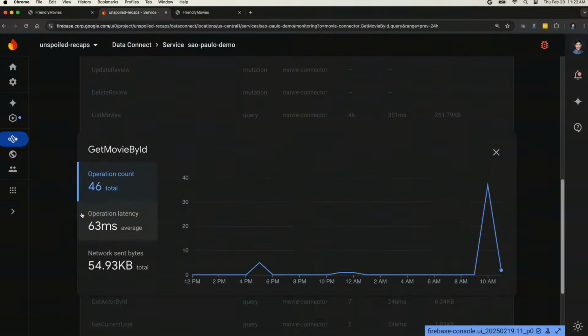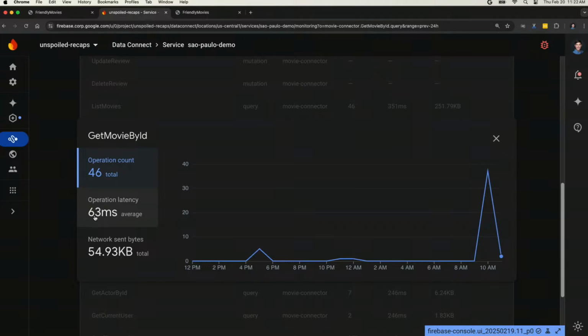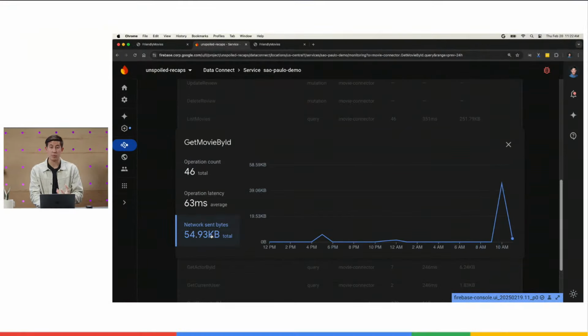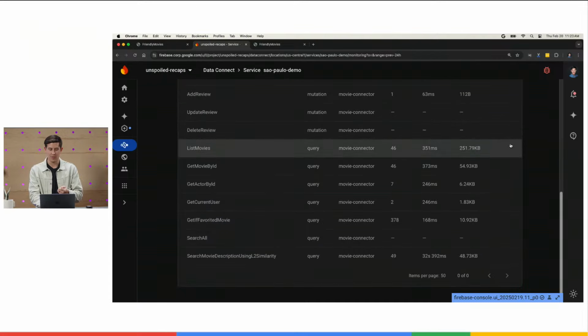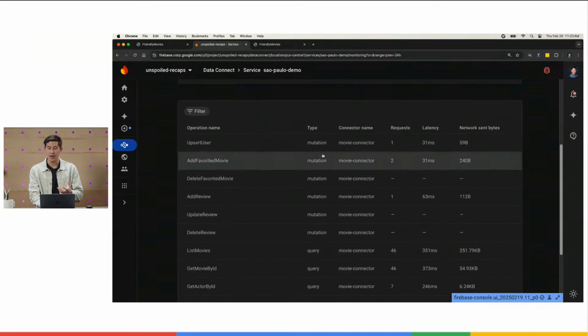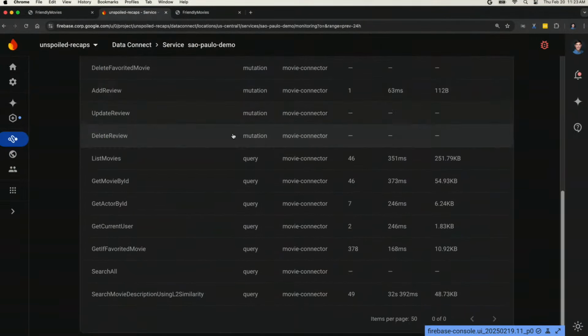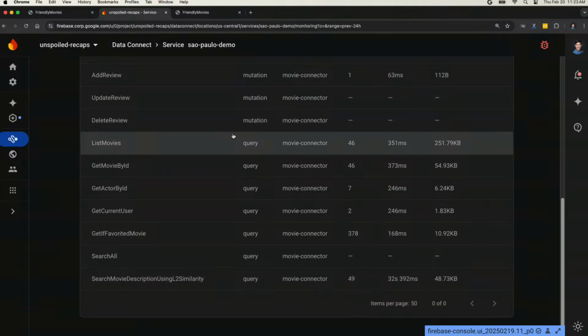And then I can actually go in and inspect the get movie by ID specifically to drill down and get even more data. This data is kind of the seed to better understand how your app's performing, how specific queries are performing, and if they need to be tuned with additional indexes, performance improved, to get better experiences for the customers. And now you'll notice here, these have all the operations that are available, each one of these being their own separate API that can be called to give you a really detailed view of what you need to look at in order to better understand how your app is being used.